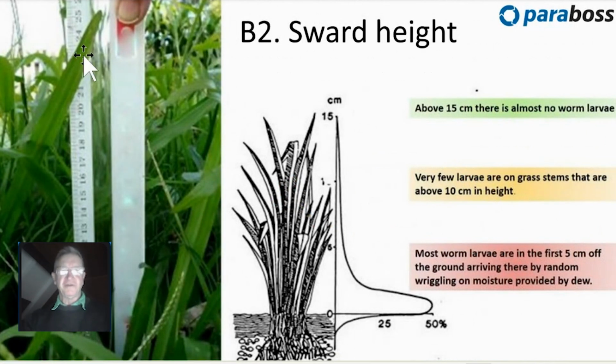The next thing about nutrition is looking at sward height. And as I mentioned before, in those ancient pictures from the Vatican, the goats like to put their heads up. They like to graze things that are up high. And that's because they know that in a typical grass pasture, the majority of the worms live either in the top centimetre of soil or the bottom 5 centimetres of the grass sward. And so they don't preferentially put their head down and graze where most of the worms are. They like to be up high, and they like to graze up on the tips,